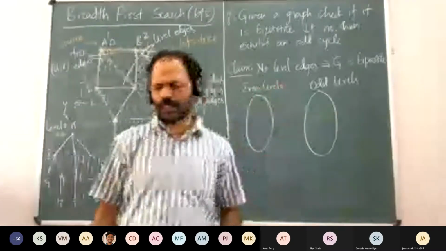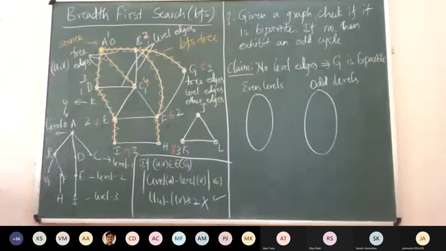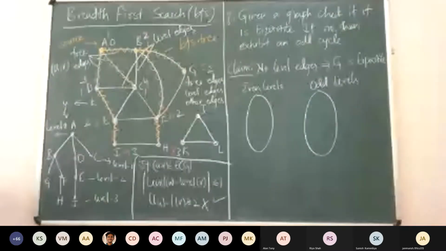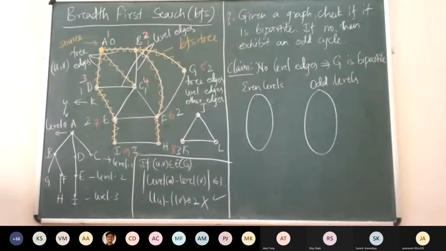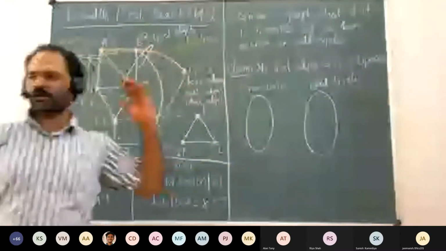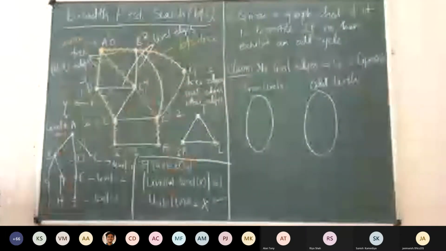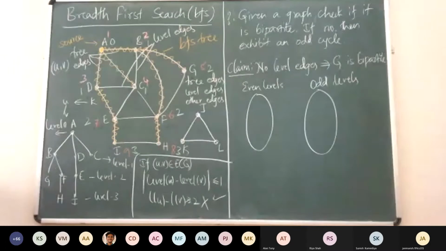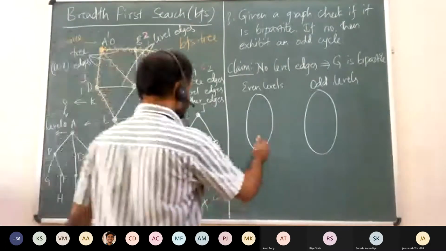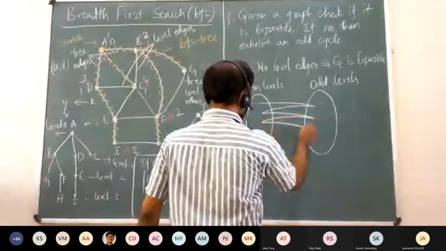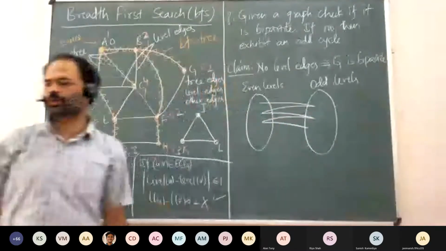But yeah, what Suresh said is that irrespective of whatever you are doing, you take all the vertices at even levels, level 0, 2, 4, 6, 8 into one side, and the odd levels, level 1, level 3, level 5, level 7, all these vertices into the other side. He is saying that this is a bipartite graph, right? All the edges only go across. Now, is this true?